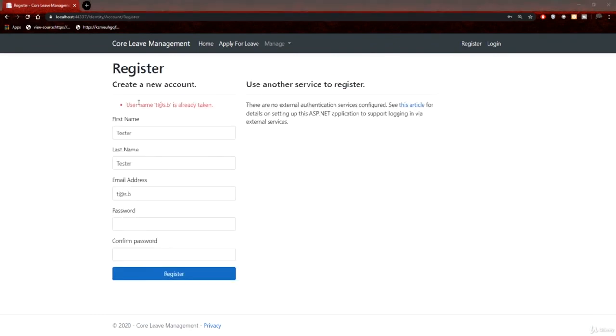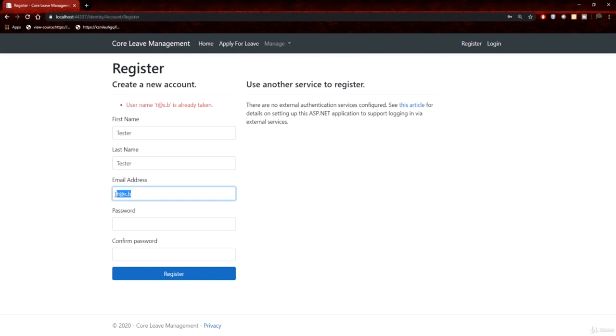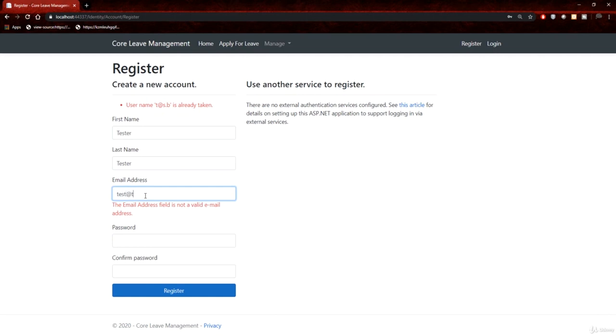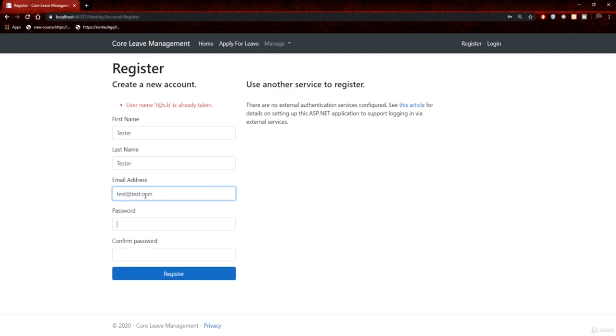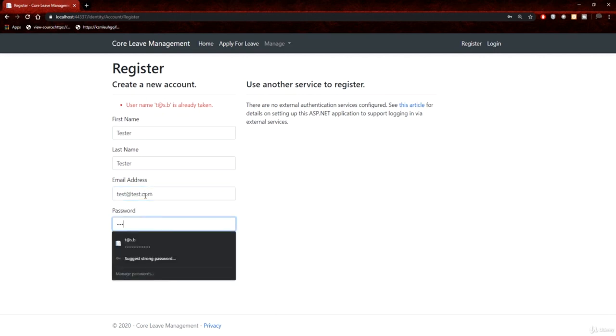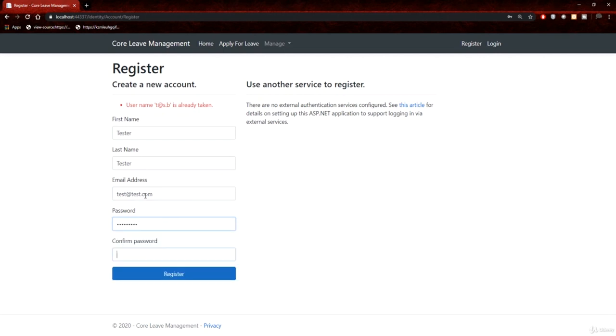All right, so I'm in the process of filling out this form, and I actually attempted to use the same email address and it's telling me that it's already taken. So once again, that validation is there for the username, and well, this is on username, not necessarily on the email, but I'll leave that for later. So I'll say test@test.com, and we use the same p@ssword1,